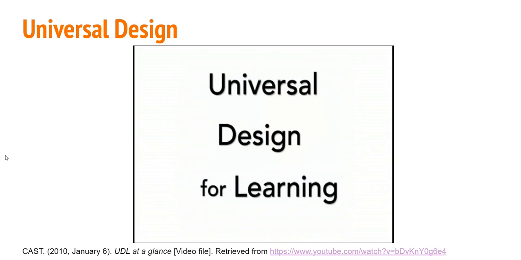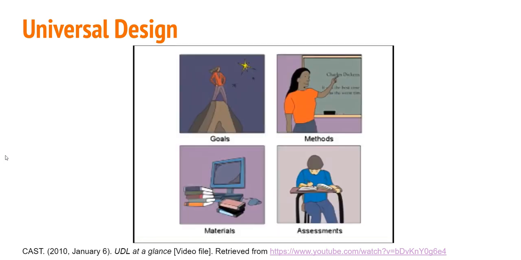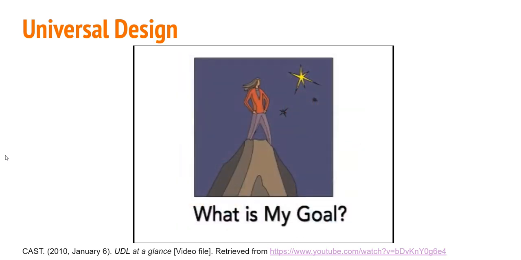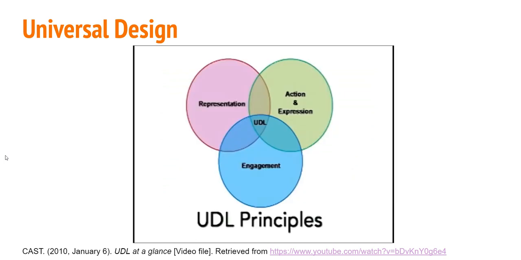UDL takes this idea and applies it to the design of flexible curriculum. UDL goes beyond access because we need to build in support and challenge. So how do we use the UDL framework to make learning goals, methods, materials, and assessments that work for everyone? First, ask yourself, what is my goal? What do I want my students to know, do, and care about? Then ask, what barriers in the classroom might interfere with my diverse students reaching these goals? To eliminate the barriers, use the 3 UDL principles to create flexible paths to learning so that each student can